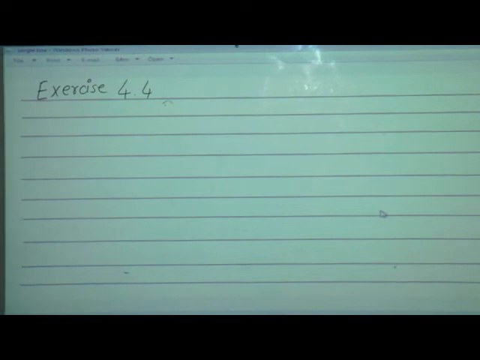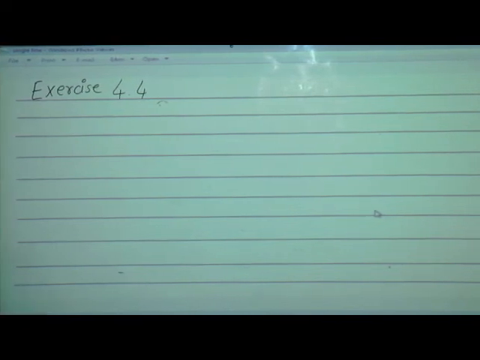See B question, there are 12 sums. I have solved 4 for you, which are different. So the remaining ones are all the same as usual, which I have solved on the board. Now we will start with the C question. What is the C question? Find the quotient and remainder, same, but now they have given all 4-digit division by 2-digit division. Divide with 2-digit. Okay? Shall we start?